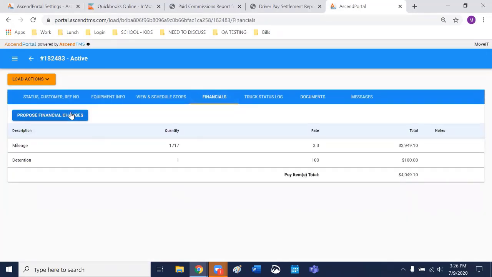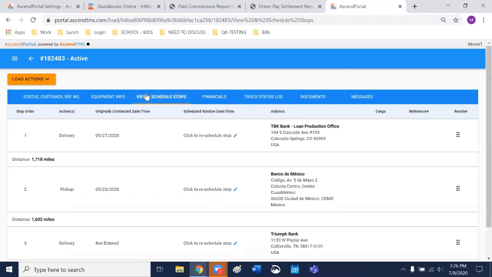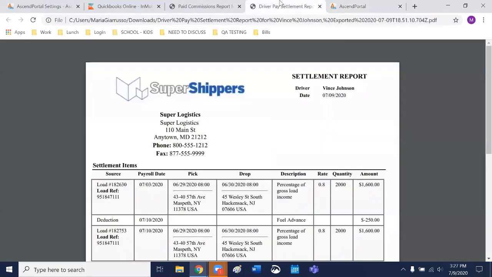They can even propose financial changes, which is more of a benefit when you're talking outside carrier, but if they're your drivers and you allow your drivers to call these places to set their own schedule, they can do that. You can give them permission to do that. And when they do that, it'll communicate back to you. So you don't have to go hounding them for what time did you call? Did you do it? So there's a lot of cool functionality in there, but it does require a little different setup.